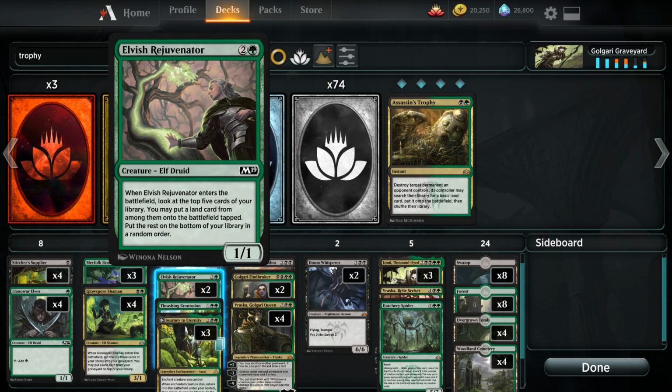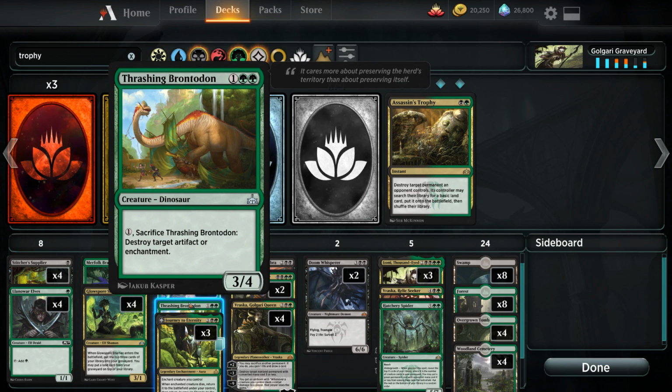Then we also have 2 copies of Elvish Rejuvenator as a 3-mana 1/1 creature that when it enters the battlefield, we can take a look at the top 5 cards of our library to reveal a land card to put on the battlefield tapped, so it helps us ramp, and also provides a 1/1 body that we can sacrifice to various effects. And we also have a 1-off copy of Thrashing Brontodon to deal with artifacts or enchantments if we